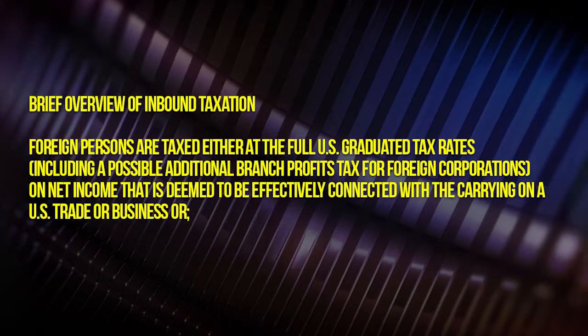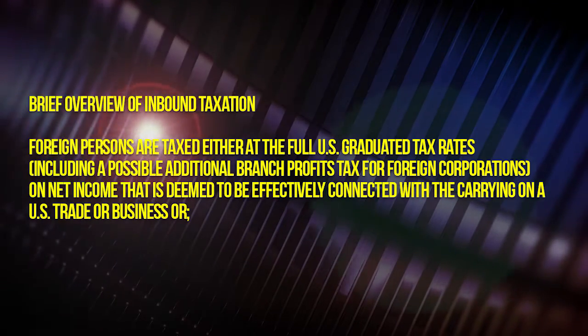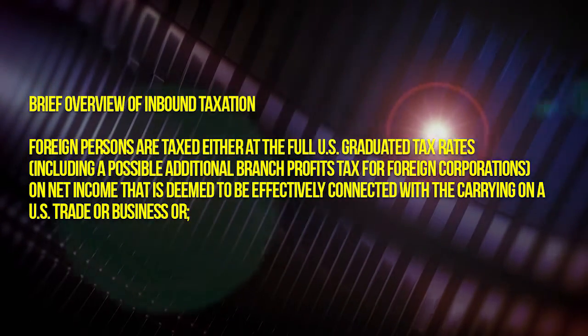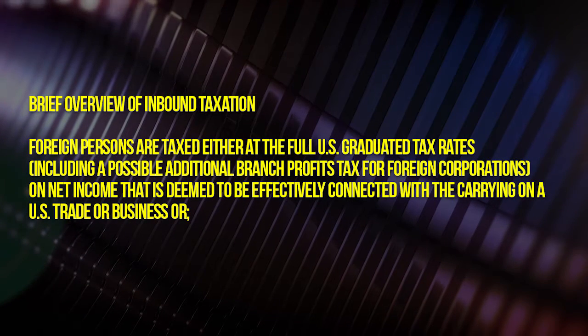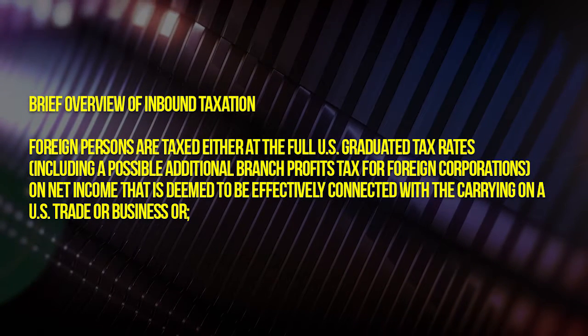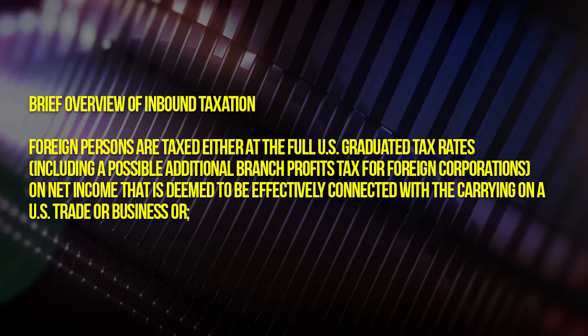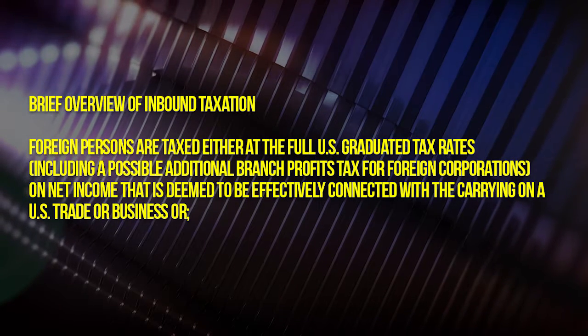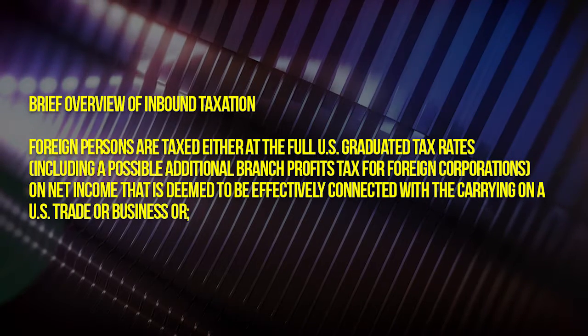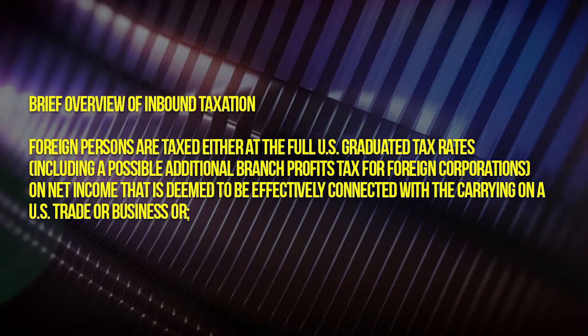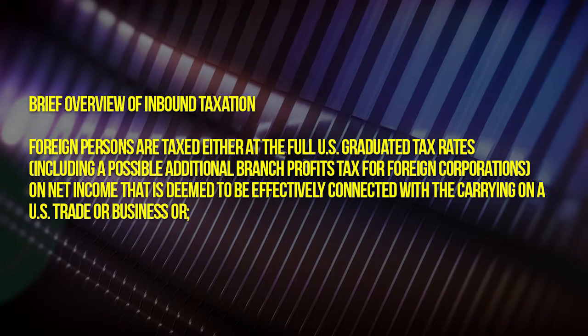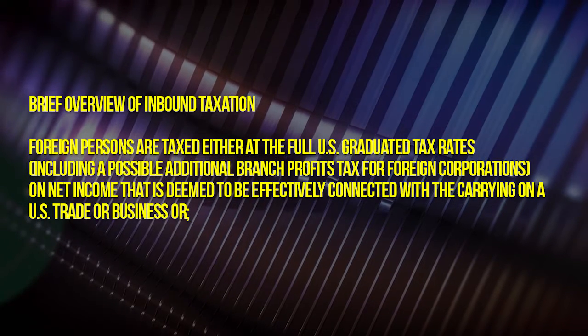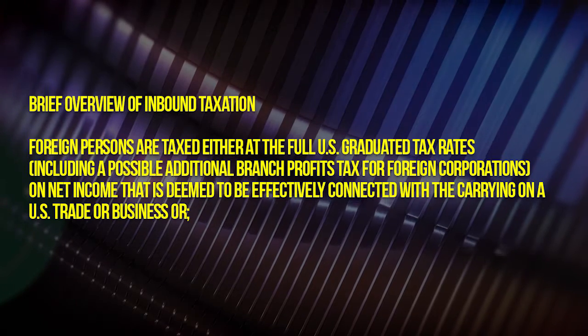Foreign individuals or foreign entities are generally taxed in two major ways on their U.S. income. Where a foreign individual is deemed to be carrying on a U.S. trade or business and they have effectively connected income, to be defined in a minute, they are generally taxed in the same manner as a U.S. taxpayer, based on net income, not gross. Net is defined as gross income minus all applicable effectively connected expenses, to come up with a net number, and that is subjected to the same graduated tax brackets